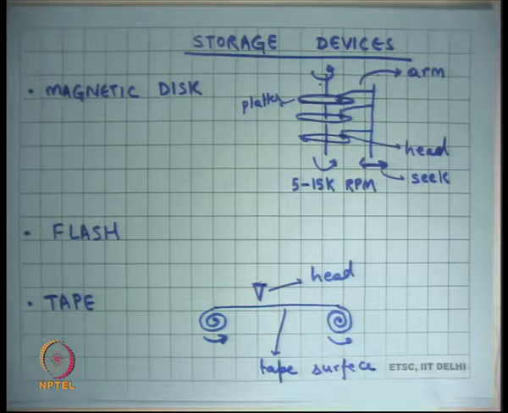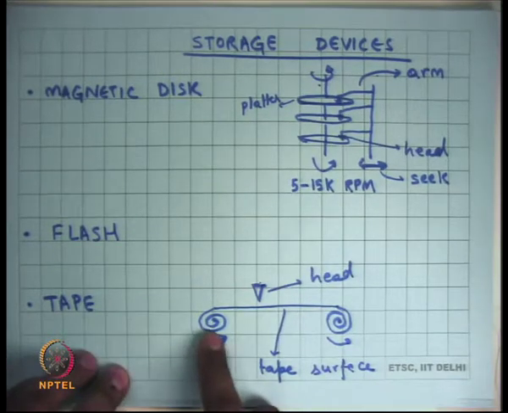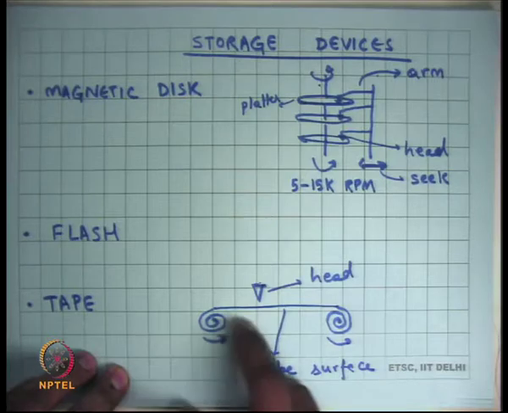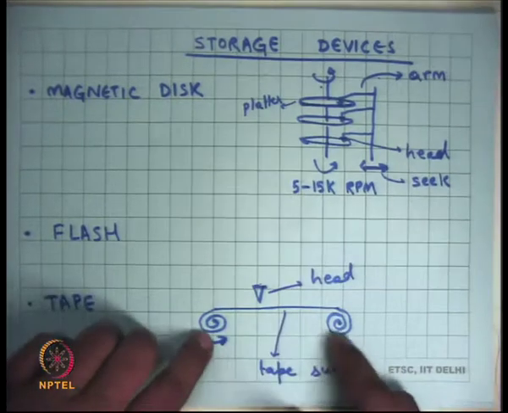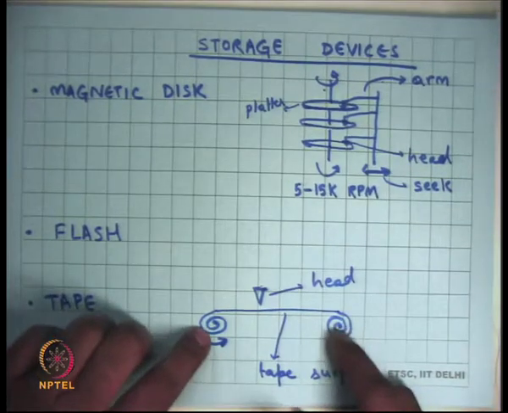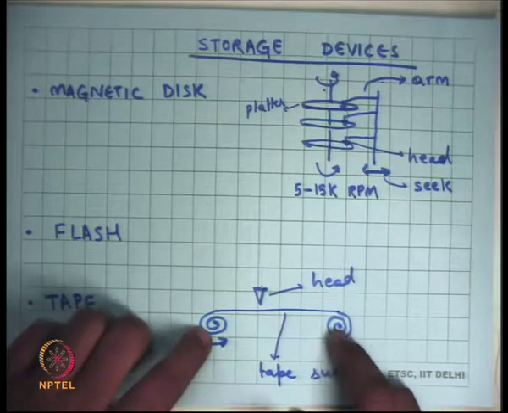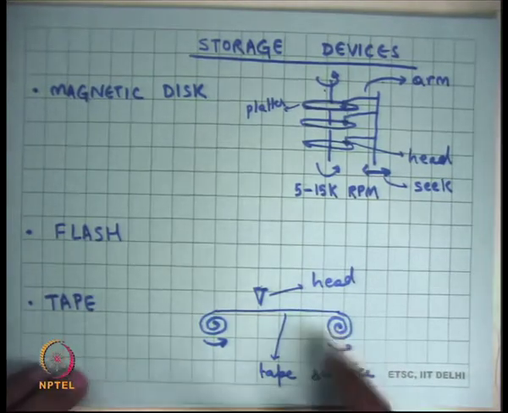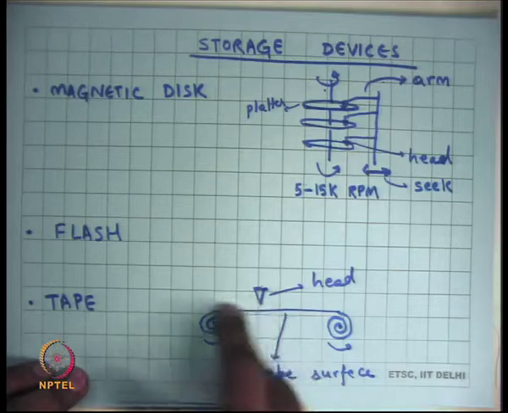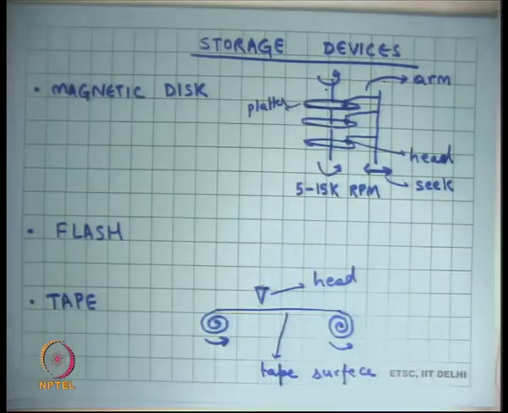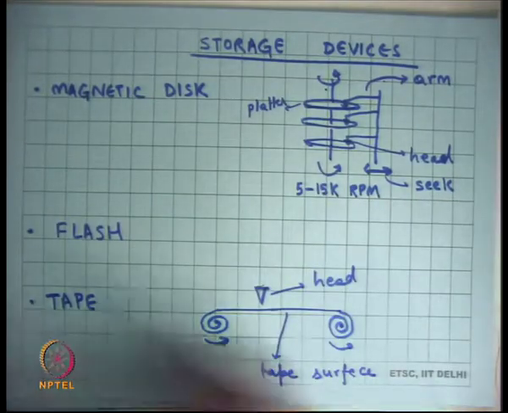And then there's this older storage device that was very popular in the earlier days, called tape. And this tape is, if you've seen a cassette player, it's similar. Basically, the tape moves, so you wrap around the tape in these spindles, and these spindles rotate in the same direction, and so the tape sort of moves here like this, and there's a head that reads off the tape. Okay, so let's look at the characteristics of these devices in more detail before we talk about file systems.